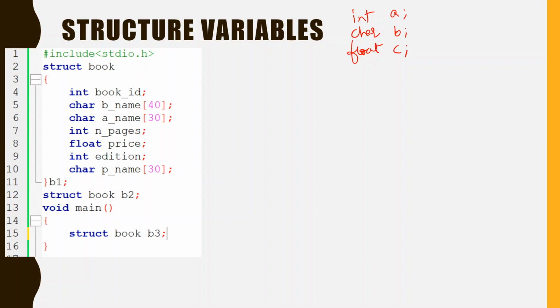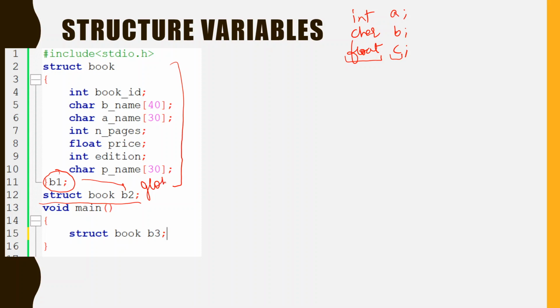Okay, so here simply the syntax is always the name of the data type and the name of the variable of that data type. Here you can see the name of the structure is like this. One of the methods is to place the name of the variable that you want to create here, so this would become a global variable. Another method to declare in the global space is to write like this: struct book b2. It means that b1 and b2 both are created globally.